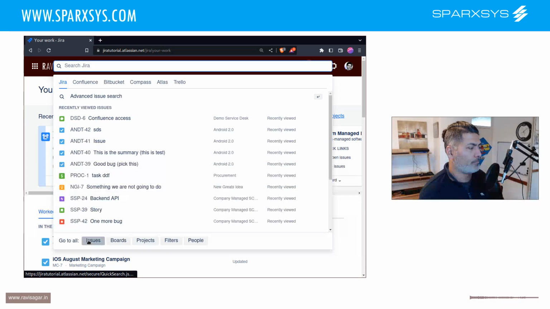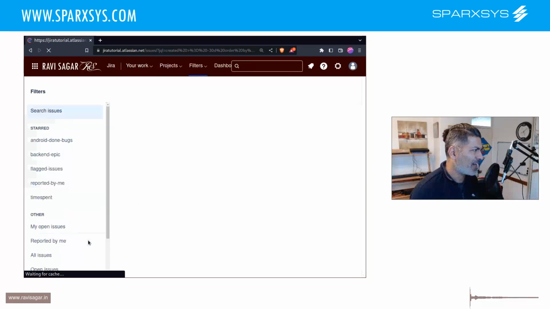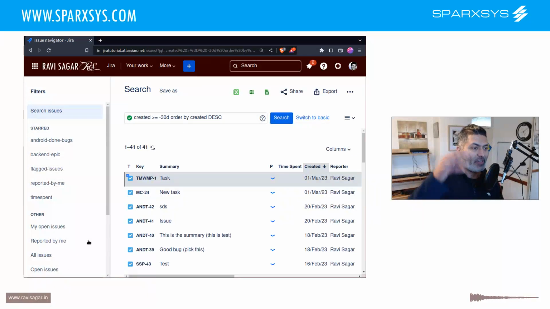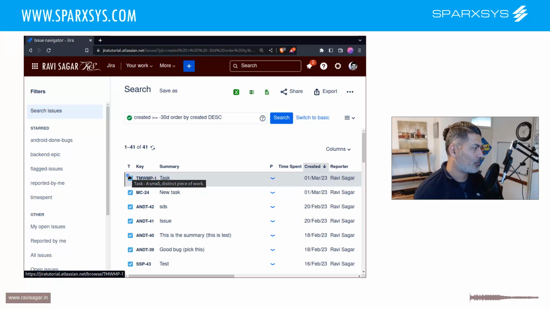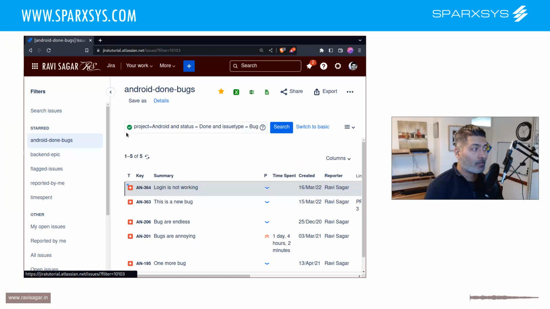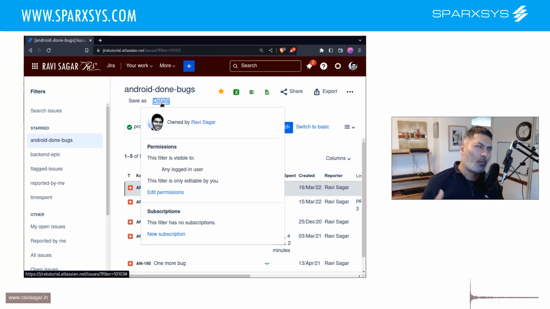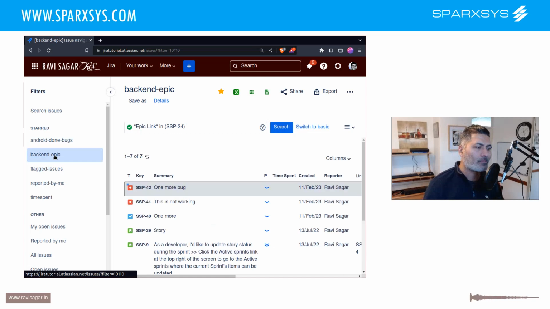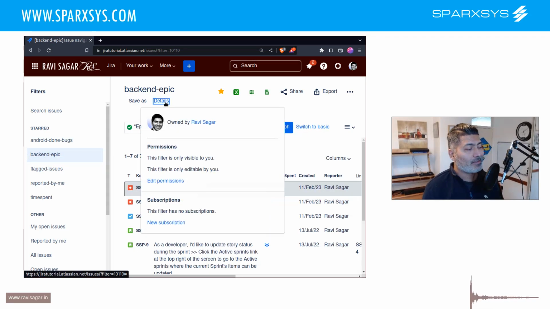So if you go to your issue navigator, I don't know why on Jira Cloud this issue navigator is not really very prominent, but we have this issue navigator. If you go to this issue navigator, you can take a look at these filters. Now the problem is that by default, not a problem, but something that you need to be aware of. By default, the filters that your users would create would be private. So this is not really a massive problem. It is something that is a bit annoying because it